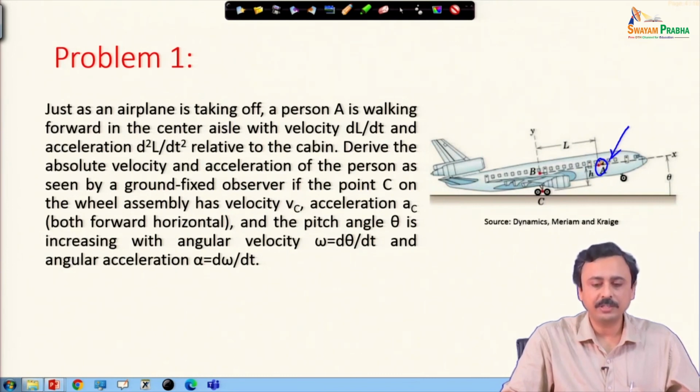These are very easy to measure in the cabin. So, that is specified. Derive the absolute velocity and acceleration of the person as seen by a ground fixed observer